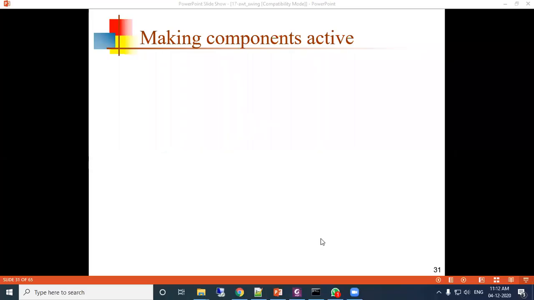So to activate the component, what will we do? We will attach some event or activity listener to the different components. Then only we can activate them and do something.